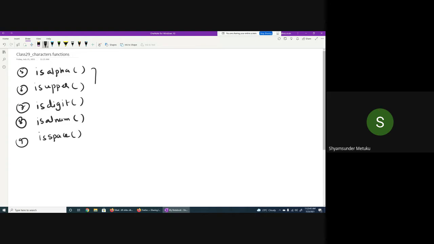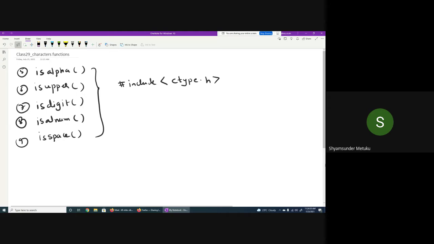To make use of all these functions, we must include a file called #include <ctype.h>. ctype stands for character type. I will explain one by one, but last class I gave a total of 4, and these are the remaining functions. They are applicable only for character inputs or character data types. So let me take them one by one.